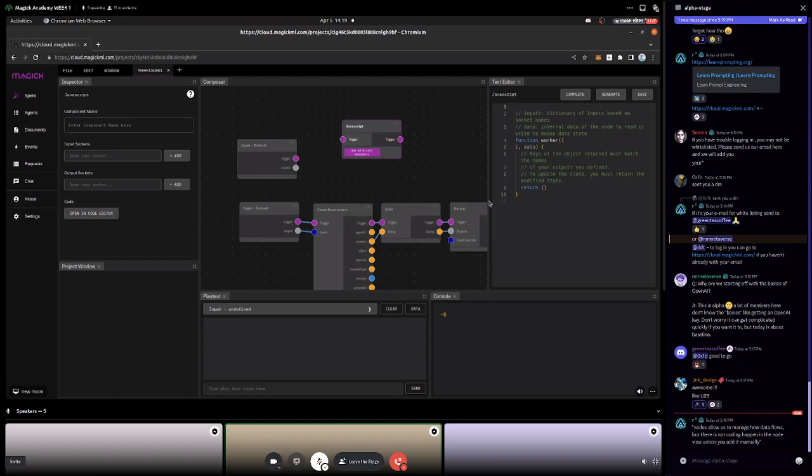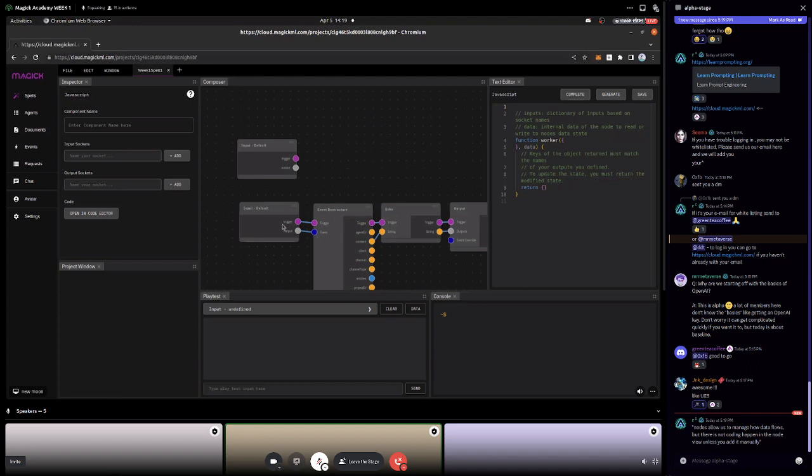It's not expected. If you did want to write code, you can write Python and JavaScript as you want. We also have some cool things like AI auto completion, so you can describe the code you want, and it will try and generate it for you. We're not going to get too deep into that. We're going to start with just a few of the most basic nodes today, though.